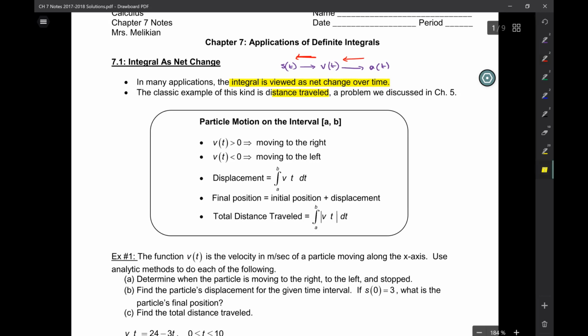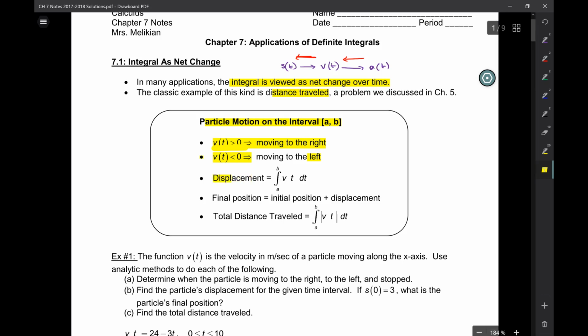Now, let's talk about particle motion. Okay? If the velocity is positive over a given interval, it means the particle is moving to the right. If the velocity is negative, the particle is moving to the left. Okay? So positive velocity, right; negative velocity, left. So velocity, if it has a sign, like if it's 3 meters per second, 3 means how fast it's going. The fact that it's positive means it's going to the right. Okay? Now,